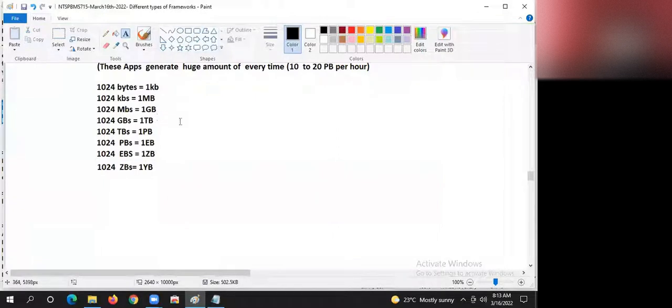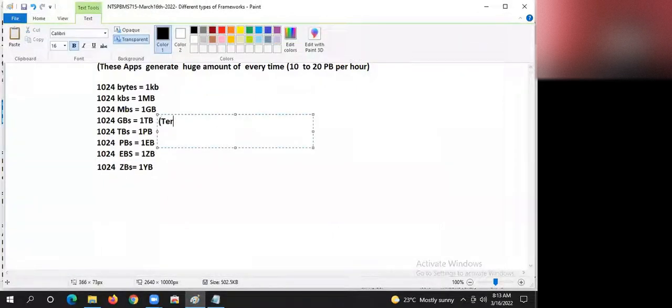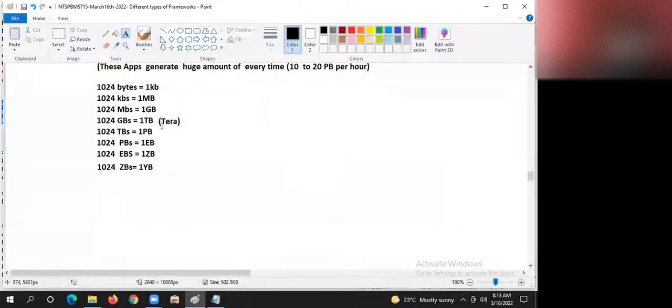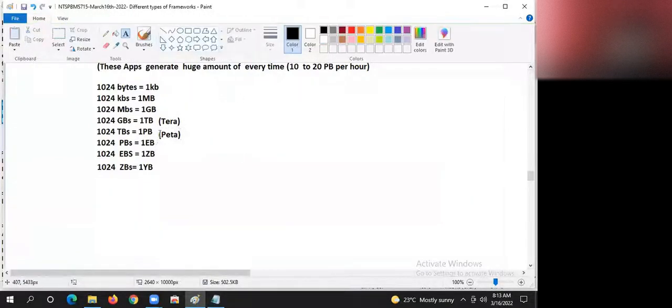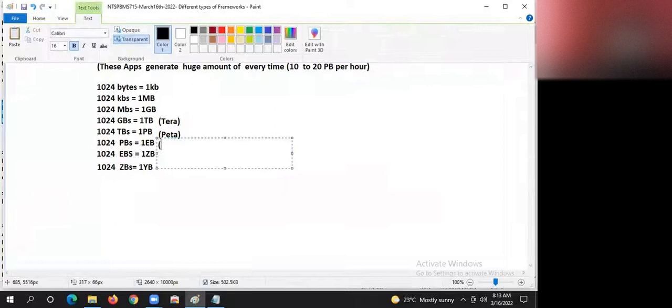This is terabytes. This is peta. EB means what, guys? Exabyte. Okay.